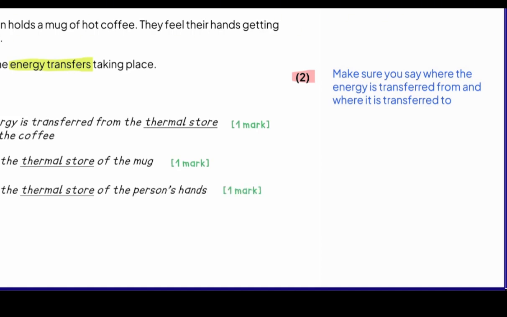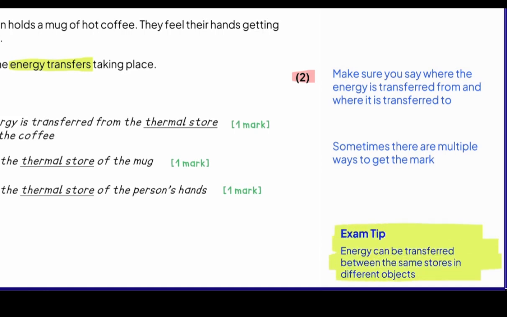Sometimes mark schemes are structured so that you can gain the marks by saying any combination from several answers. So here you would get both marks for saying any 2 of these 3 things. Notice in this question how the energy stores are all the same. This is another example of when students think it must be wrong, but it's not.